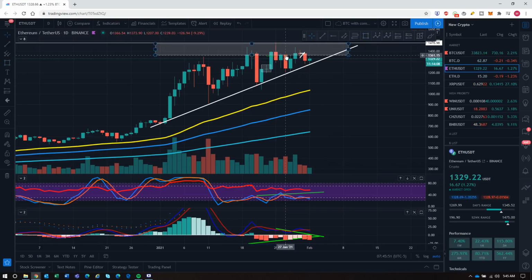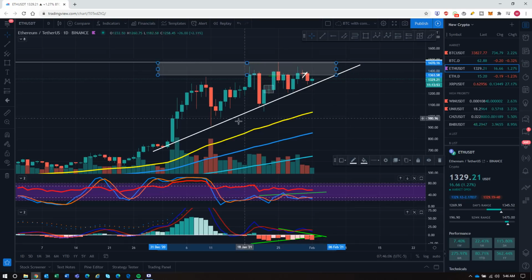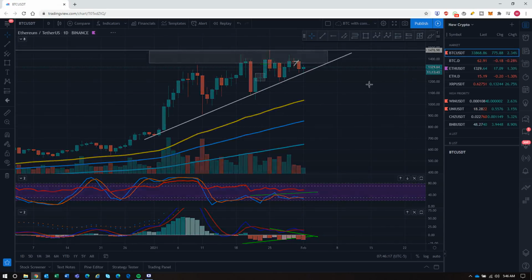This is where I would call it a supply zone, right? Where you can find a lot of supply and a lot of sellers willing to sell at this point over here, right? But not a lot of buyers trying to push through it. So for now, we're seeing this obvious ascending triangle as we go up. So higher lows, consistent, constant top, which I call a ceiling, as opposed to what Bitcoin is doing, where it